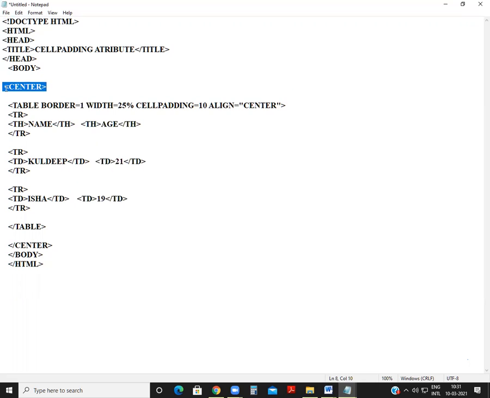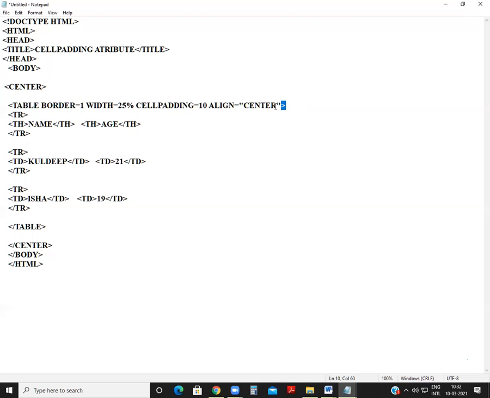Why? Because whatever we write in between the center tag will come in the middle of the page. So we are going to write here the table, border 1. Till this we already learned. Now this is some new coding like table width. It is the width of the table, 25%, cell padding 10, and align center.